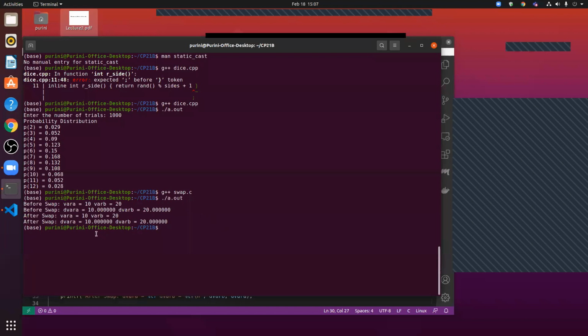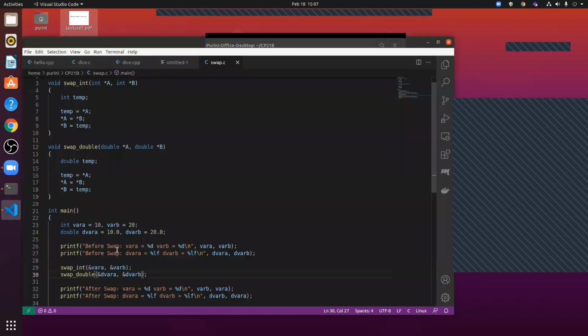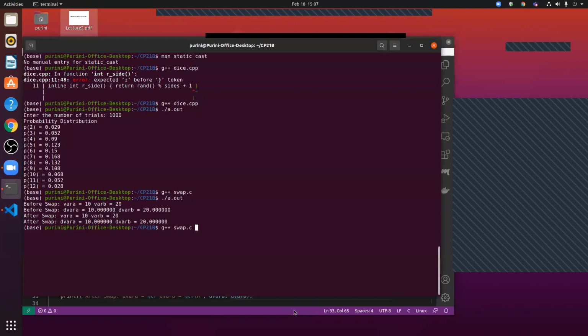Did it get swapped? No, it is looking the same. Oh, I printed in the opposite direction. Brilliant. So some of you, this is what you were asking me at the beginning of the course, for some problem I think. Can we print swap two variables, meaning can we print them in the opposite order?